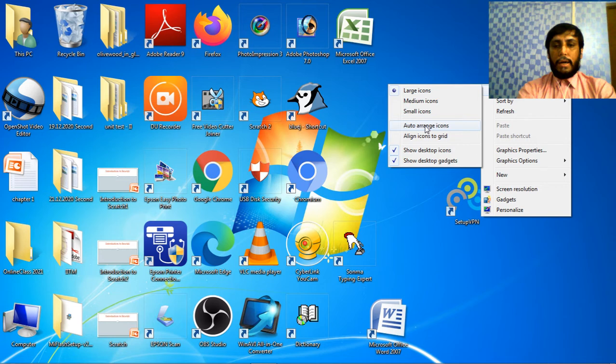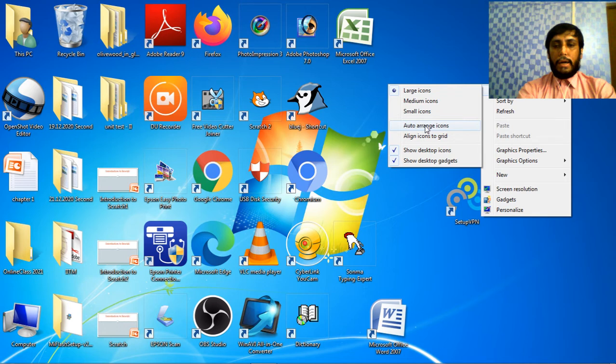So there are some functions of the taskbar. This is the taskbar, the downside of your screen. The taskbar helps us in performing the following main tasks. What are the tasks? It enables us to launch programs by clicking on the start button. Here, if you click, all programs will be displayed. We will discuss the start button in detail later, but right now just know this.